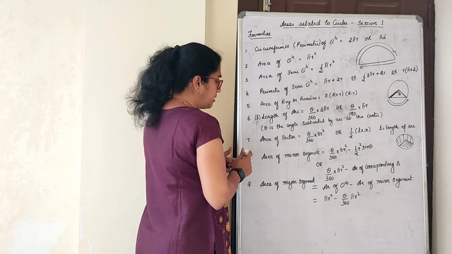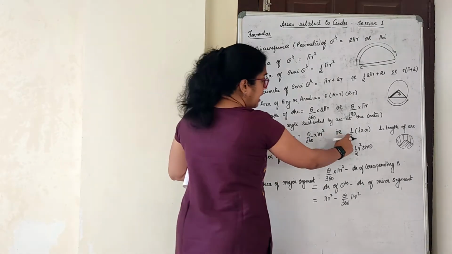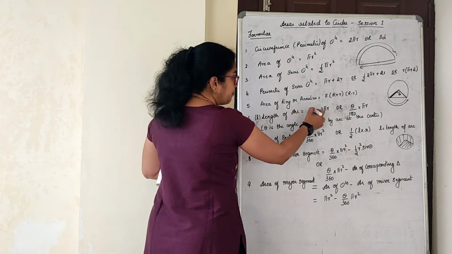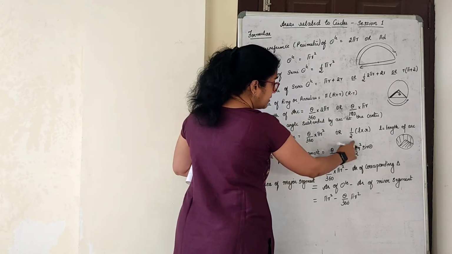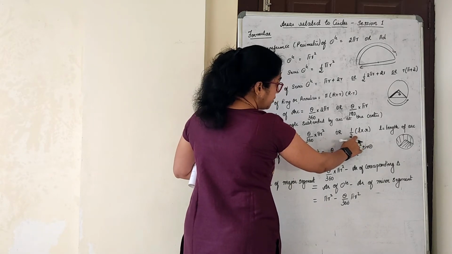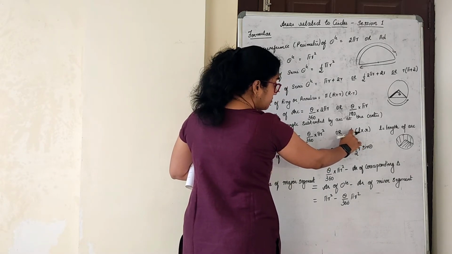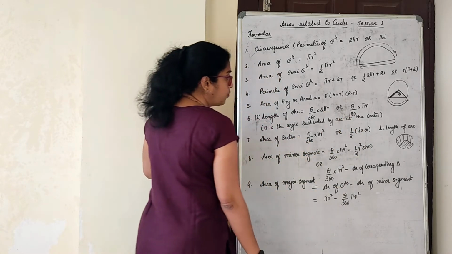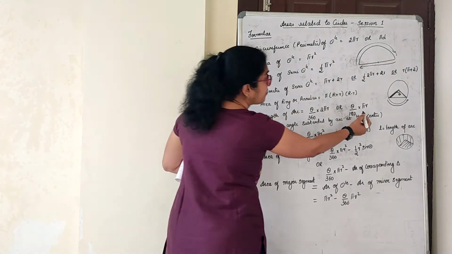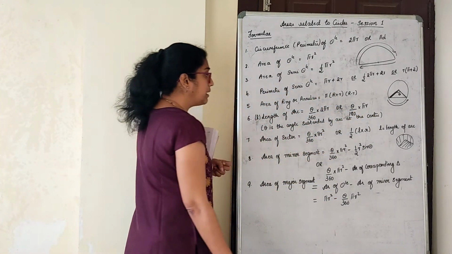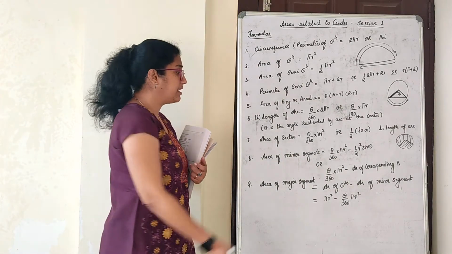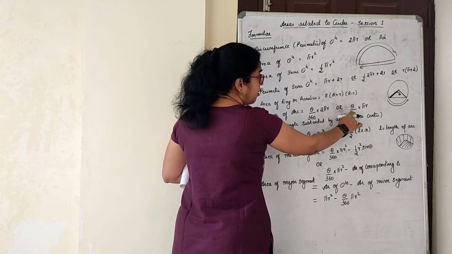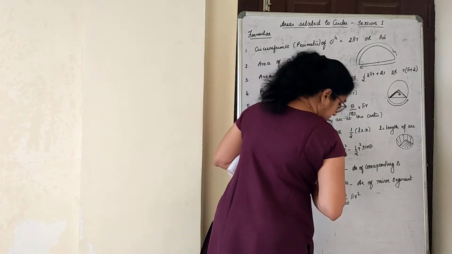Just come to the previous formula and let us see whether this formula is satisfied. Half into L, as it is. What is L? L is nothing but the length of an arc, theta by 360 into 2 pi r, right? So instead of L, I will write theta upon 360 into 2 pi r, where only r is there. With 2 and this 2 you will get the same answer, and with r you will get pi r square. Do you get the same answer there? Just substitute half as it is. L value is what? This or this. If I substitute here, I'll just write and show you.